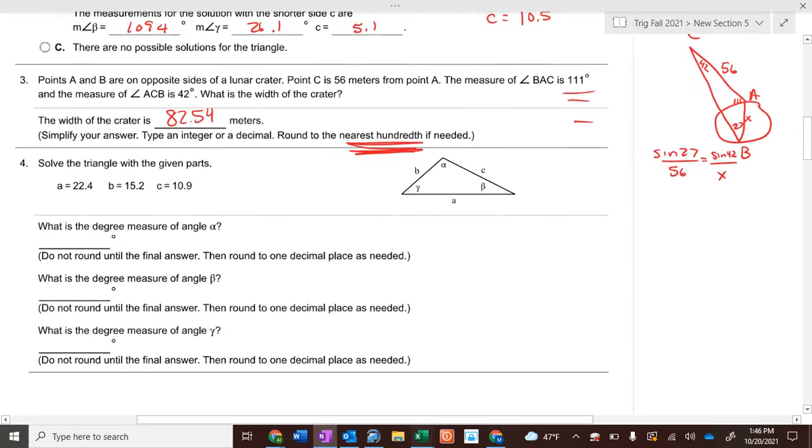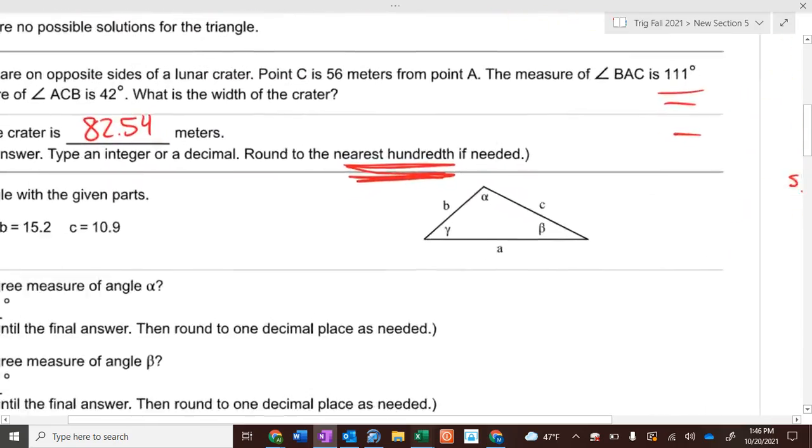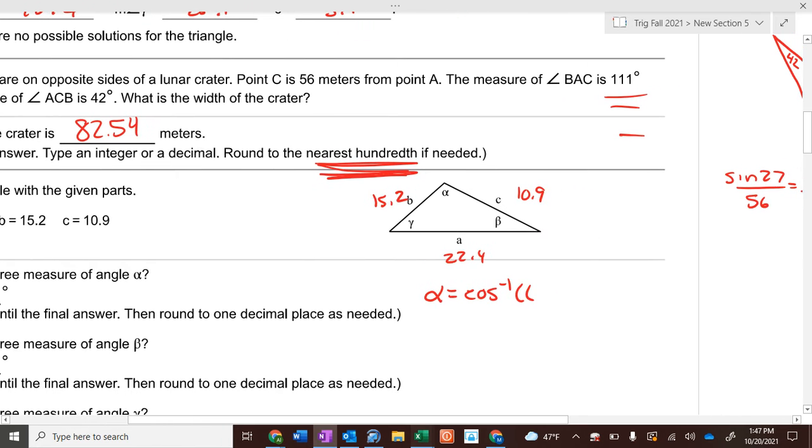Okay? All right. Then we have a couple law of cosines problems. Okay? The first one will be the little bit longer one, where we have 22.4, 15.2, 10.9. If A is the longest side, then let's find A first. Remember, alpha equals the inverse cosine, 2 parentheses, of A squared minus B squared minus C squared,